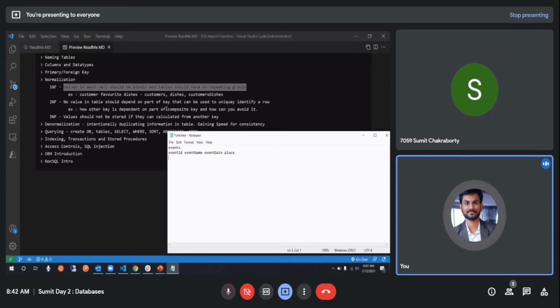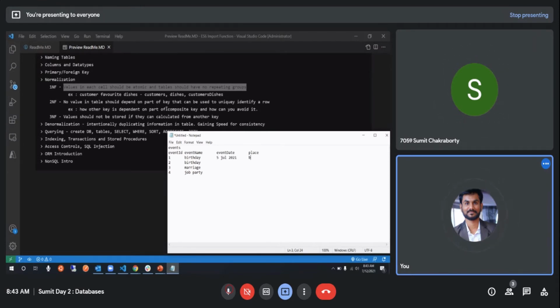For example, event ID is 1, 2, 3, 4, whatever it is. And event name is what? Birthday. Event 2 name is what? Again, that is also say birthday only. Event 3 is what? Say marriage. Event 4 is also called say some job party or whatever. And then the next thing you have is date. Say 6th July, whatever. Okay, 5 July 2021.